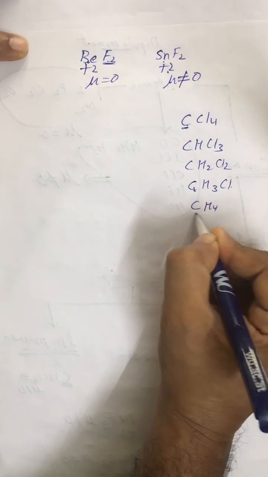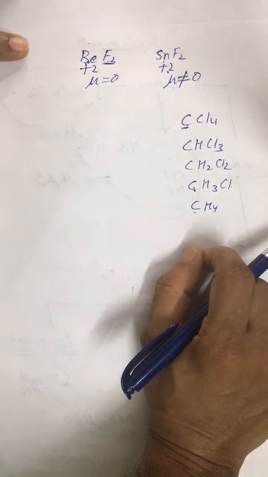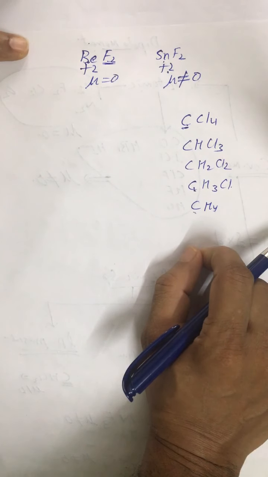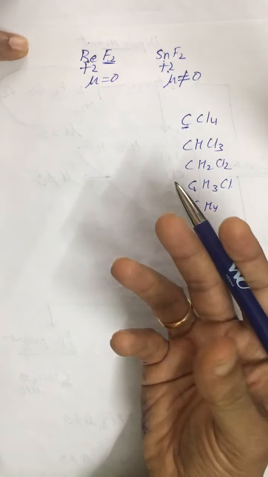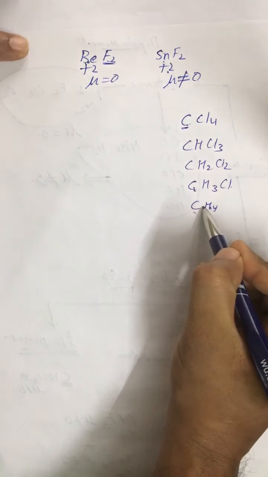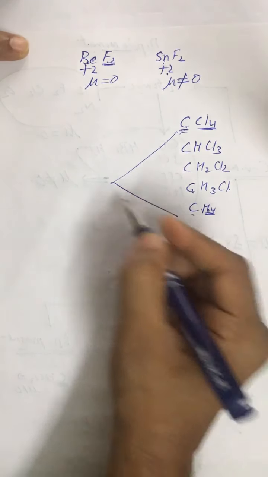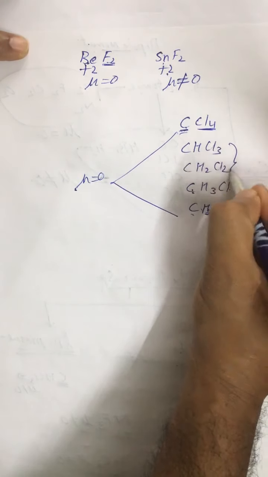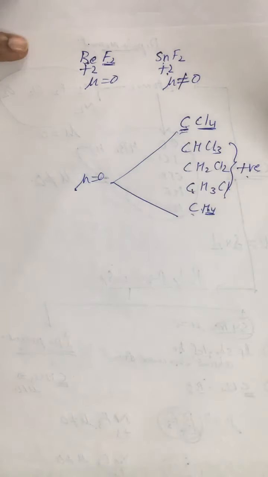Second condition is followed in the first and last case. In organic molecules, LP you cannot find out on the basis of oxidation state. So you don't have to find out LPs. The point is, I told you we don't have LPs. So first and fourth case we don't have LPs and carbon is bonded to similar atoms. So the dipole moment of these two molecules are 0. And for the rest of the molecules dipole moment is positive because carbon is not bonded to similar atoms.